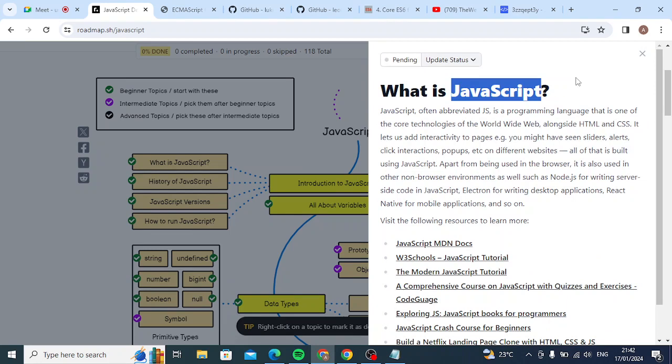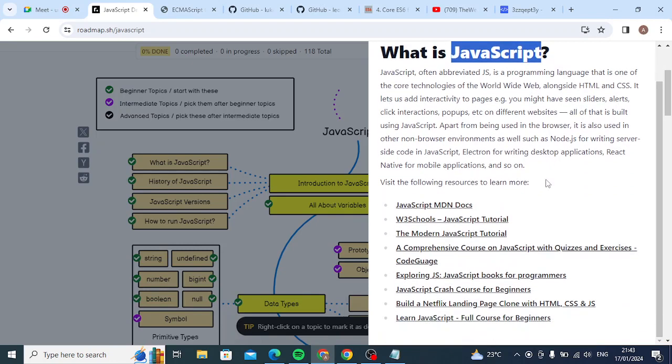In the school book, it is written as ECMAScript, in all the documents. But the calling name is something else. The calling name is JavaScript. So both are the same: ECMAScript is the official name, and JavaScript is the calling name.